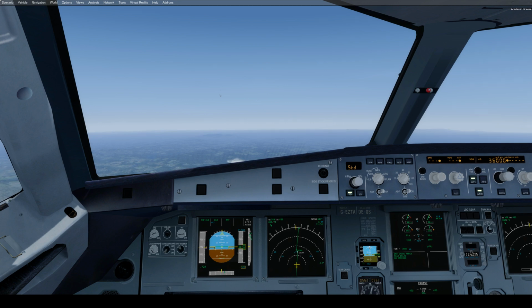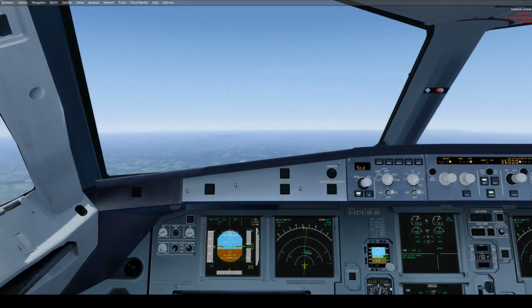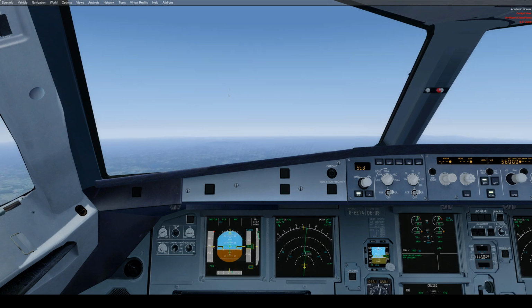Okay, we're climbing out nicely. I'll take the seatbelt signs off now. Hopefully that's the worst of the turbulence over. Got an easyJet flight in front of us. Oh, he's just come into Porto from Luton, funnily enough. And I'm now flying from Lisbon up to